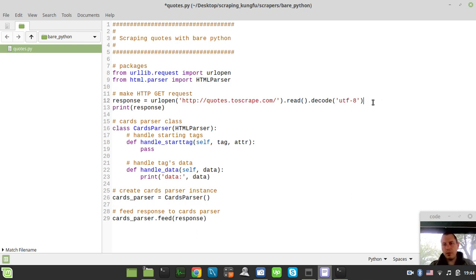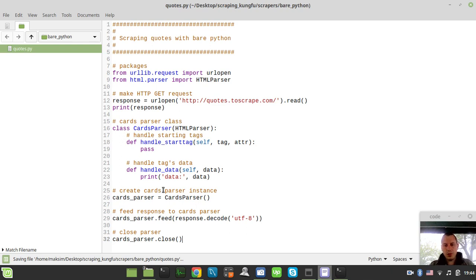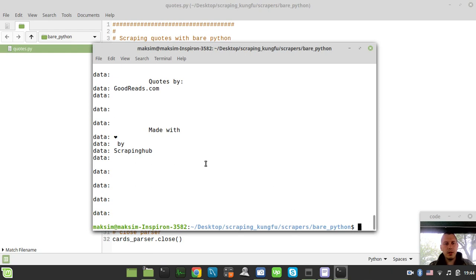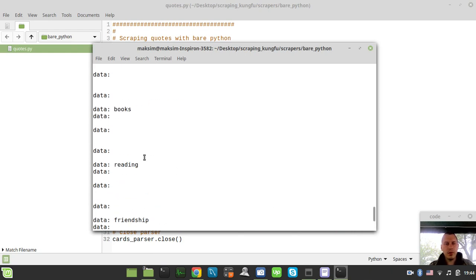Or even better, just get rid of this part, and here I say response dot encode, decode to UTF8 like this. So at the moment, well, also make some cleanups. So close parser, and we need to say cards parser dot close. So if I just now invoke this script, it would provide me all the available data. So this is all the text that is available